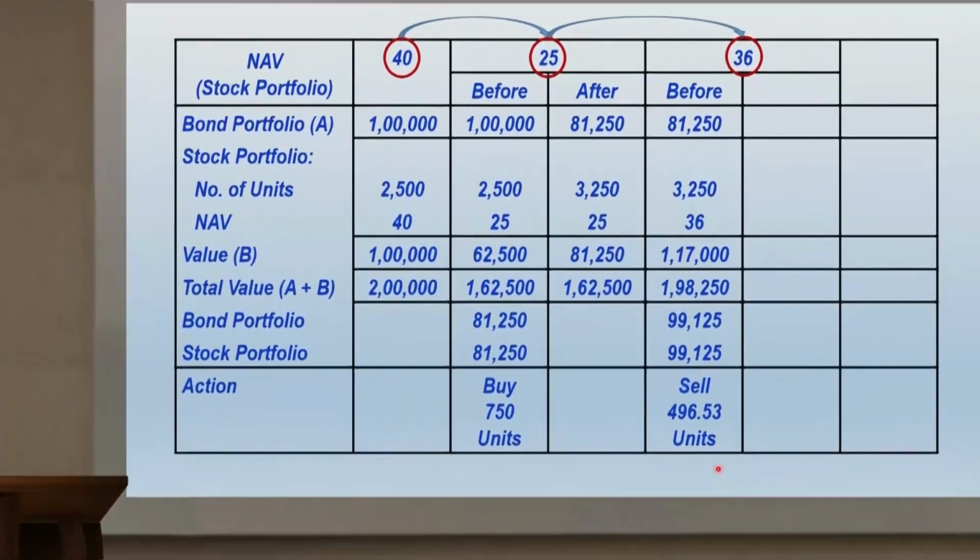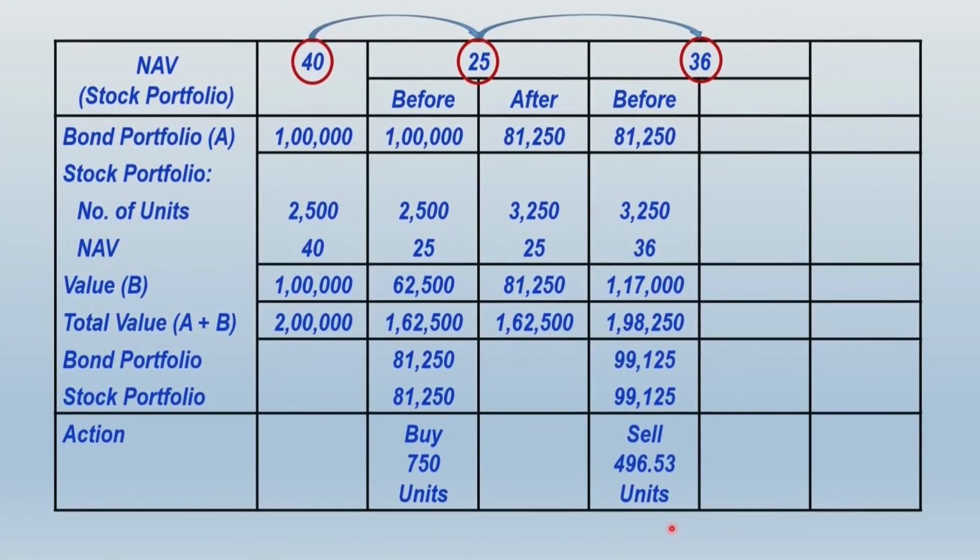If I take you to a little enlarged form of the screen, let us observe. This was in your stock portfolio, 1,17,000. So the question is, how much of your money was there in your stock portfolio? It was 1,17,000. And what is the revised amount that you want to keep in your stock portfolio? That is 99,125. Let us find the difference between these two. So it will be 1,17,000 minus the revised amount after rebalancing, that should be 99,125, and what we get, that difference is